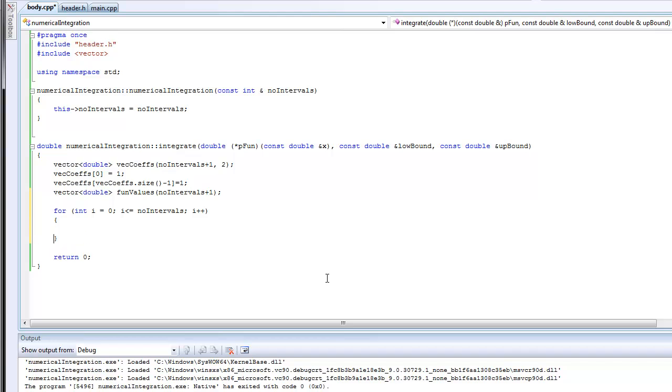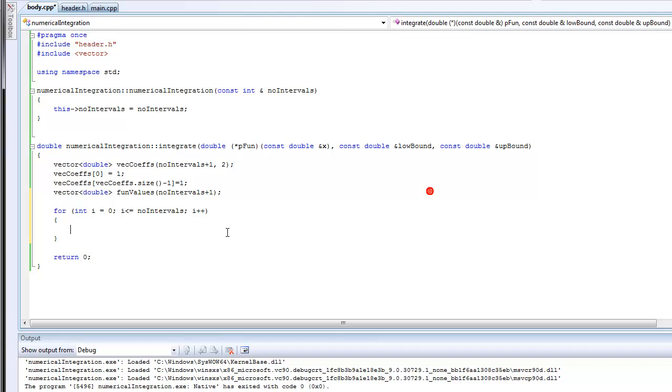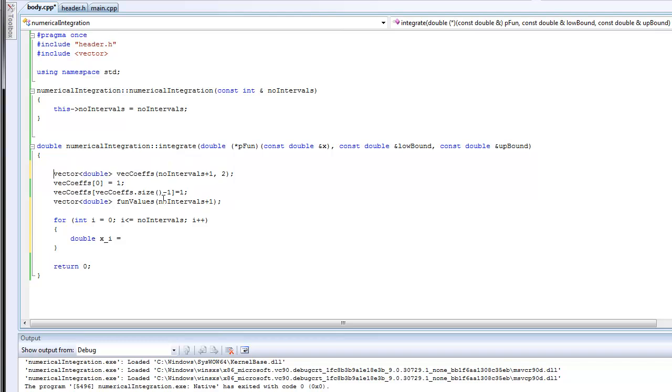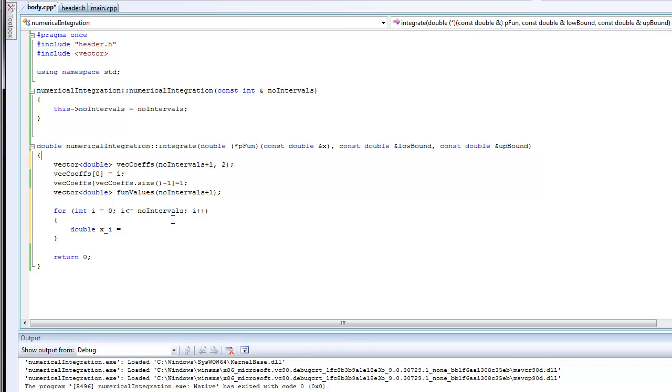And how do we define our xi? Because you can see that we are going to evaluate within each iteration the function f with the argument xi. So double xi is equal to, we start with the lower bound. Let me put the lower bound over here. We have it as an argument over here. So low bound plus i times,